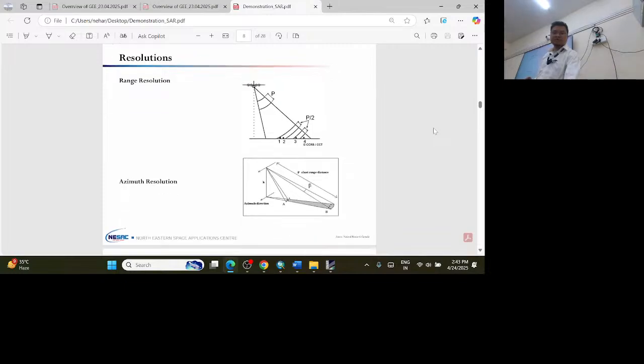So when we talk about microwave remote sensing, there are two types of resolution: the range resolution and the azimuth resolution. Range resolution is the minimum detail that the microwave sensor can identify, for features which are placed in the same angular direction,